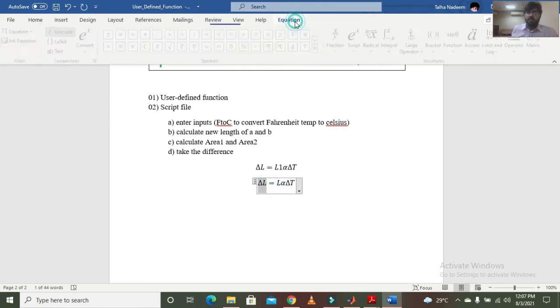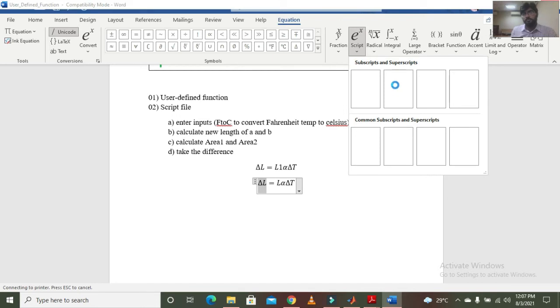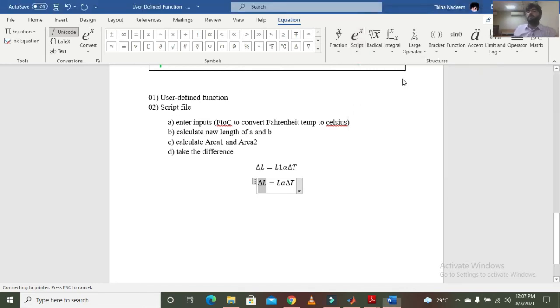Then what will happen over here is that you will get L2 minus L1, the change in length will be converted into final length minus initial length, and this is what basically has happened over here.